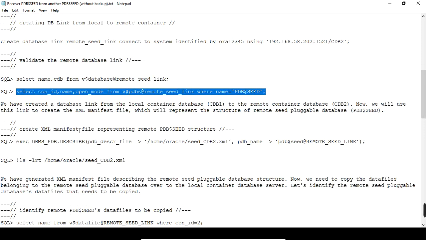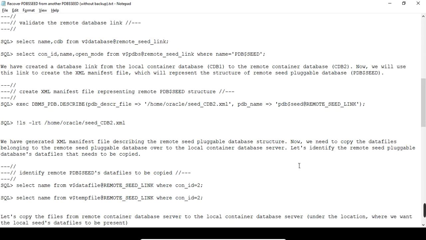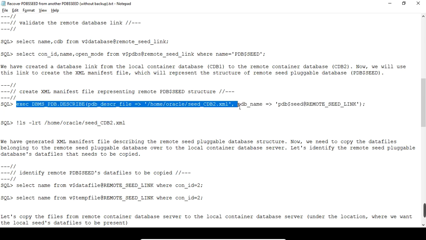Now we will use this link to create an XML manifest file which will represent the structure of the remote seed pluggable database. Now we are going to create the XML manifest file using DBMS_PDB.DESCRIBE, to represent the remote PDB structure.